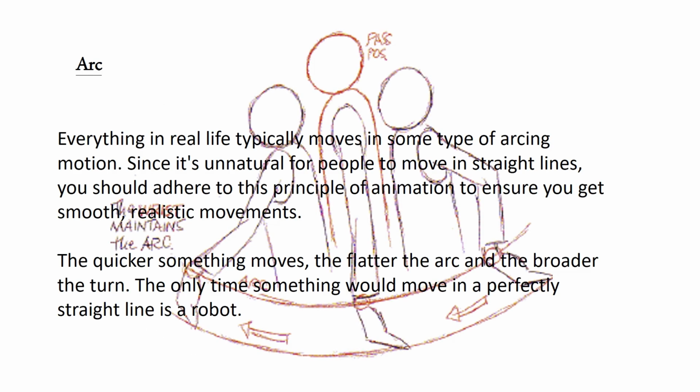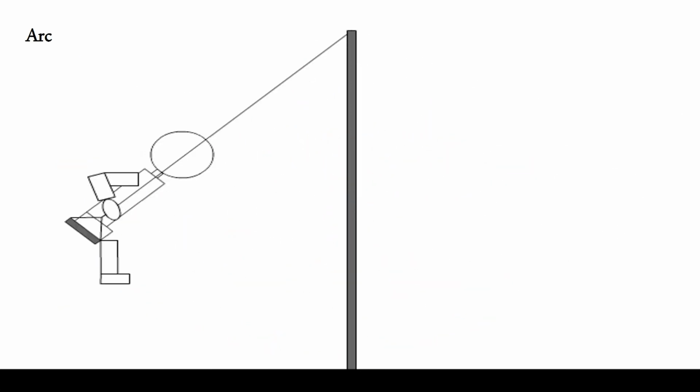everything in real life typically moves in some type of arcing motion. Since it's unnatural for people to move in straight lines, you should adhere to this principle of animation to ensure you get smooth, realistic movements. The quicker something moves, the flatter the arc and the broader the turn. The only time something would move in a perfectly straight line is a robot. For example,